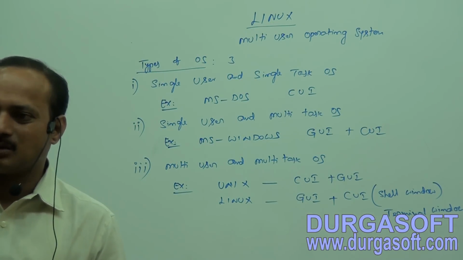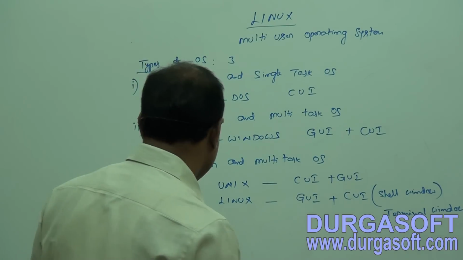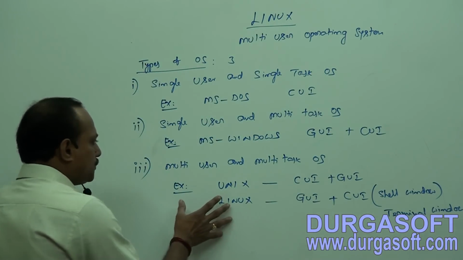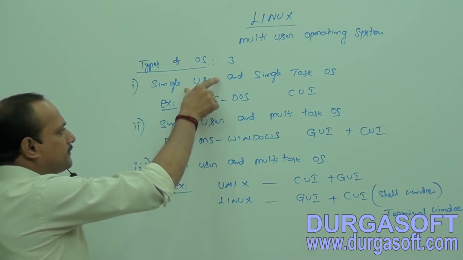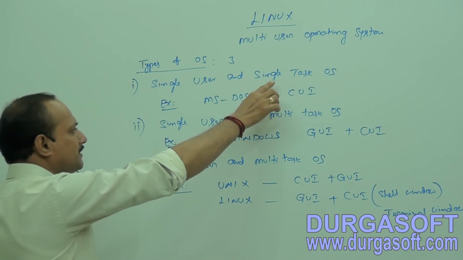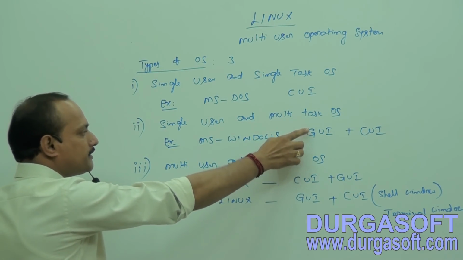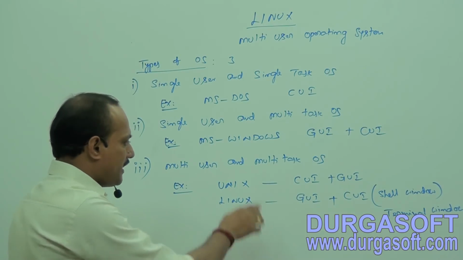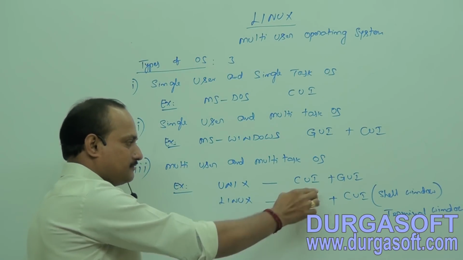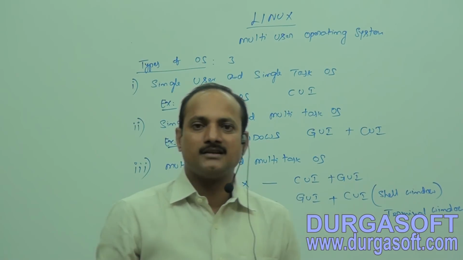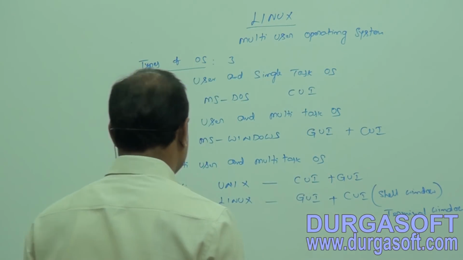What is shell? What is terminal? How does the environment look? Everything we can see in the further videos. Now I think you got the difference between the operating systems. In the first case, it is supporting single user and only single task. In the next case, the advantage is graphical environment with multiple tasks at a time. In the next category of operating system, it is supporting multiple users with both graphical environment and command environment. Right? This is the introduction about Unix.